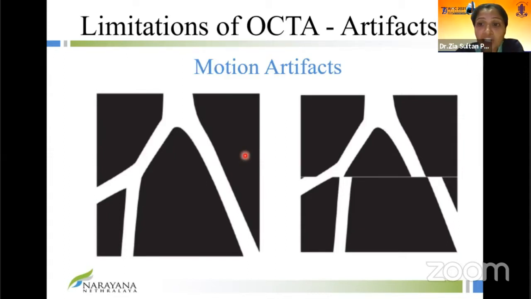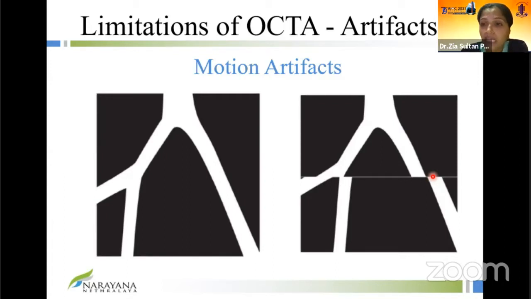But this technology is based on motion contrast. So if, while scanning this region over here, the patient moves his eye, that area will have a highly variable OCT signal across the line, and you will get an artifact called a line artifact or a motion artifact. These are very common. And nowadays, if they're in the periphery or in an area where we're not calculating vessel density, it is still okay to use this image.